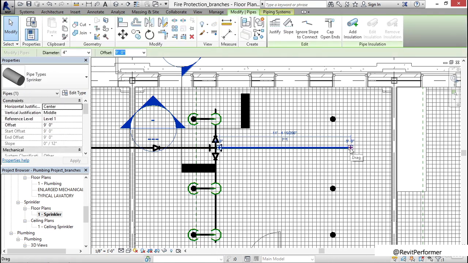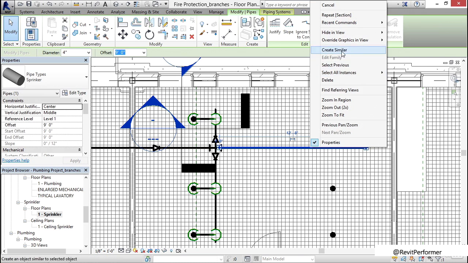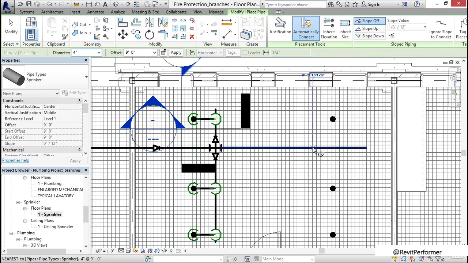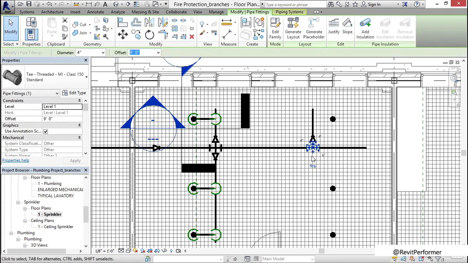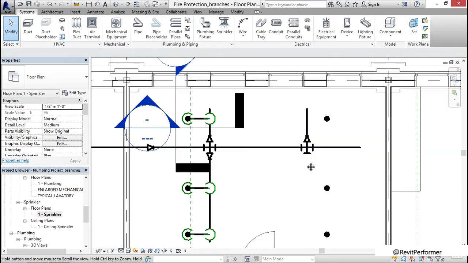I'm going to select my pipe and drag it out a little bit. I'm going to right-click, create similar. I'm going to pick a point right here. I'm going to draw it up. I'm going to select my pipe, change it to 1.5 inches. Select my fitting, add a flange,